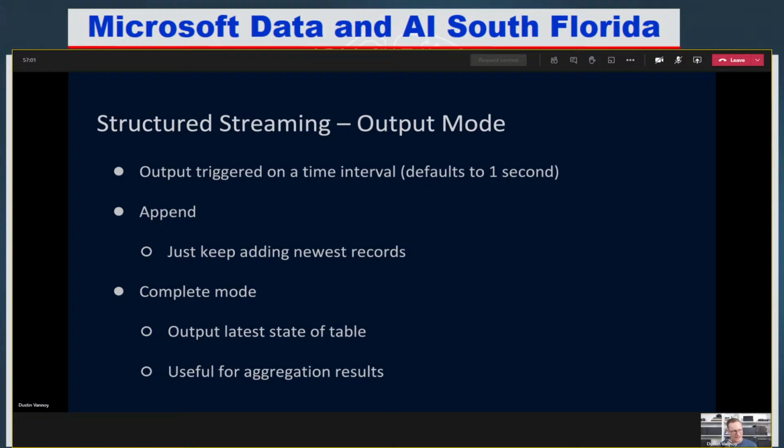Somewhat tied to that aggregation or the types of joins you do is this output mode. When I'm writing the data out, I can specify what trigger interval I want. It's going to default to 1 second, at least last time I checked the docs on that one. So it's going to run every 1 second. It's going to do a micro batch, do some processing, and write that data out. If the data's too much or there's too many transformations that it takes more than a second to process a batch, it'll just adjust and trigger a little bit less quickly than you ask it to.